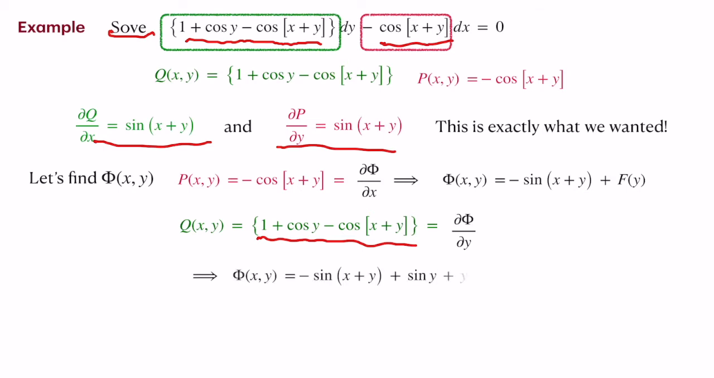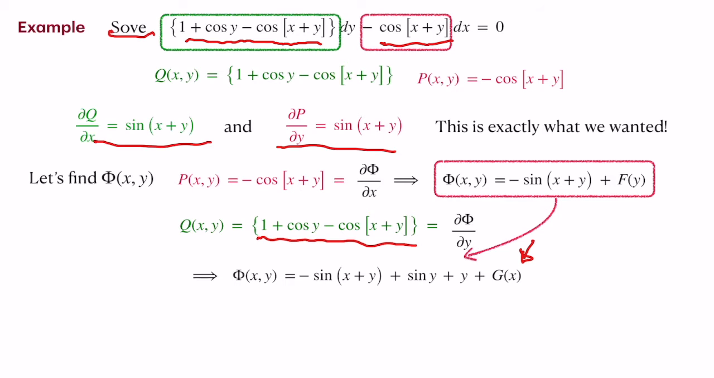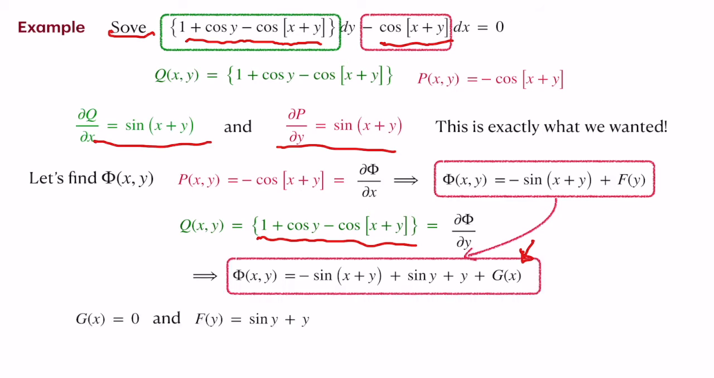We can integrate this again and we get the result phi of x,y is equal to minus sin x plus y plus sin y plus y into g of x, which essentially plays the role of a constant because it is a partial differentiation with respect to y. Once we have these two equations, we compare these two solutions and then we can identify the functions g of x